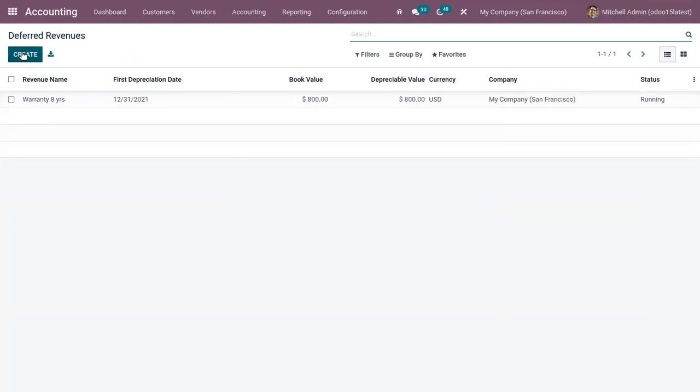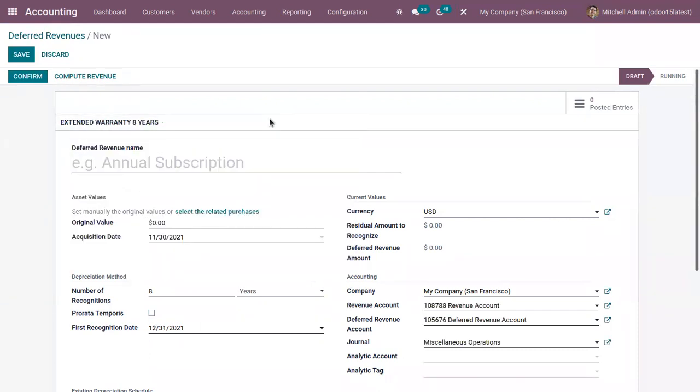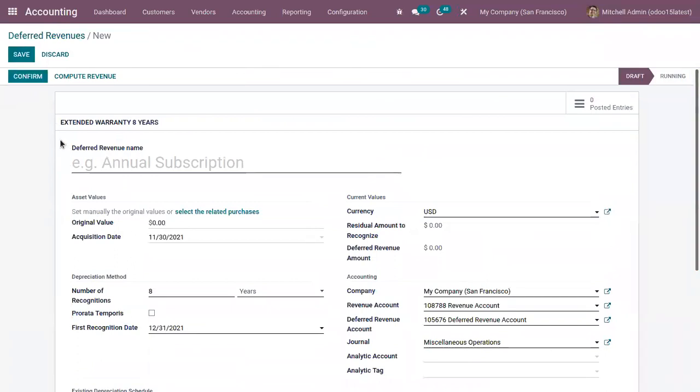Now we can also manually create a deferred revenue. So when you click on this, you can see a form where you can provide deferred revenue, and you can add the other details. And above you can view the existing deferred revenue models. So if you choose one, you can see all the details added inside the model is pre-filled here. So it's that simple and faster to create revenue entries.